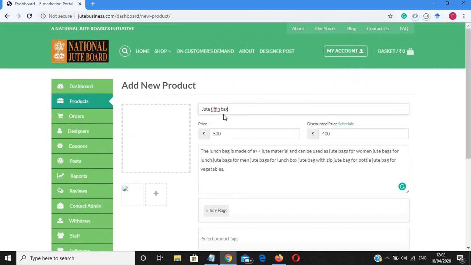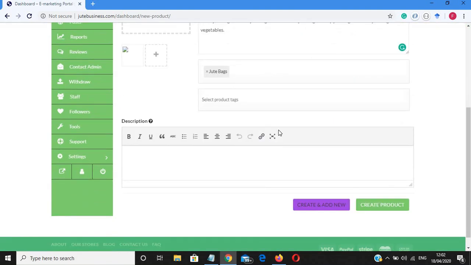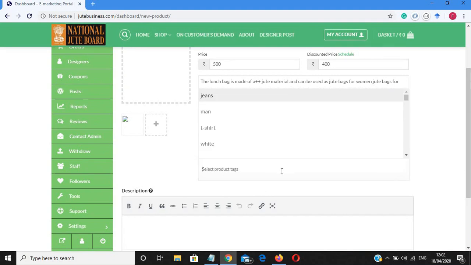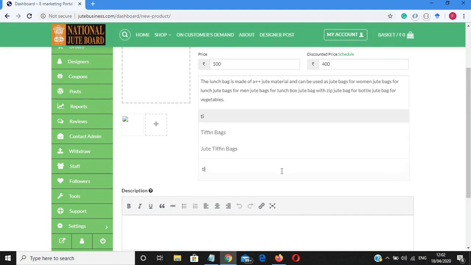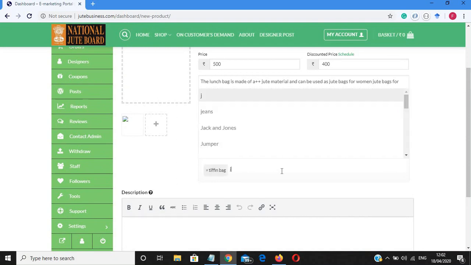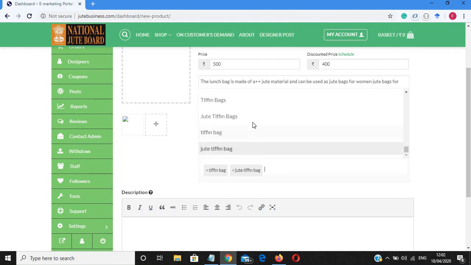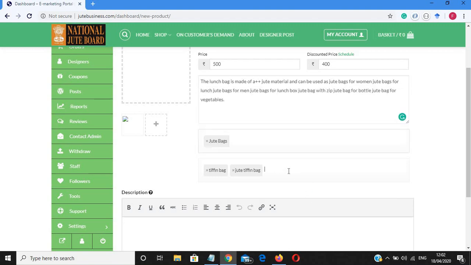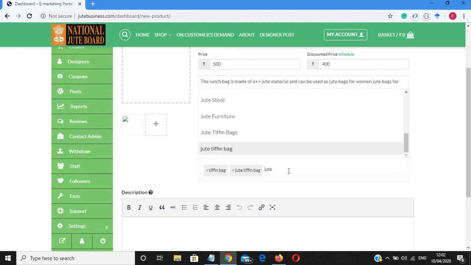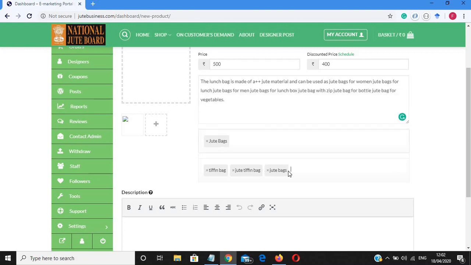Suppose this is the jute tiffin bag. So customers can search like tiffin bag, or jute tiffin bag, or bag, or jute bags.